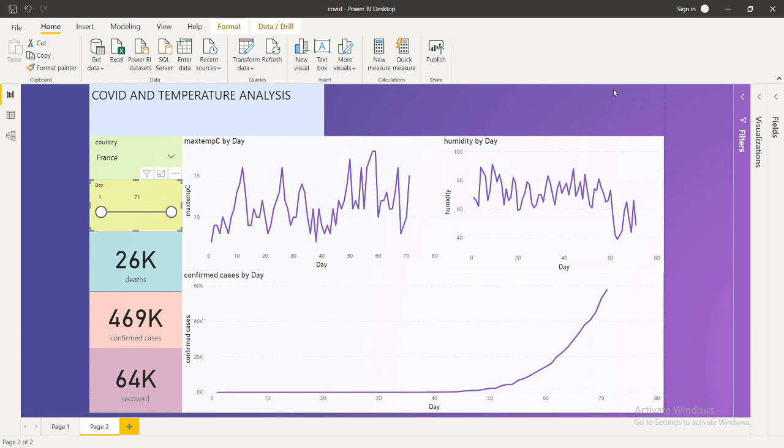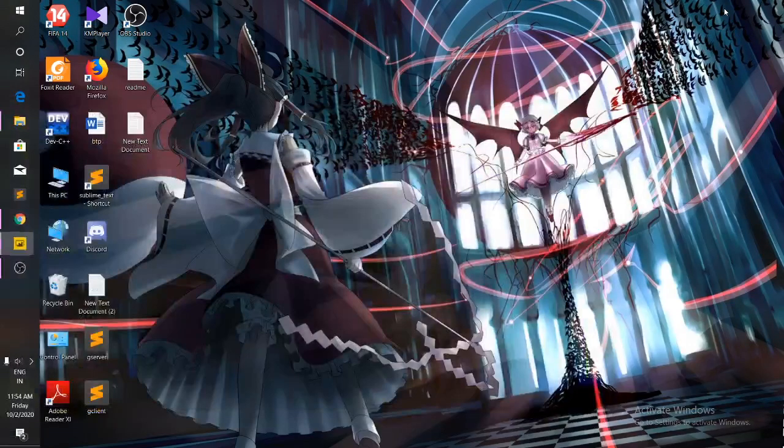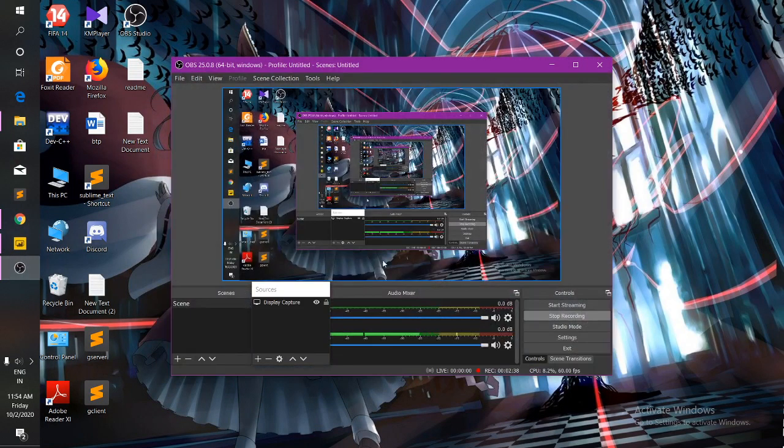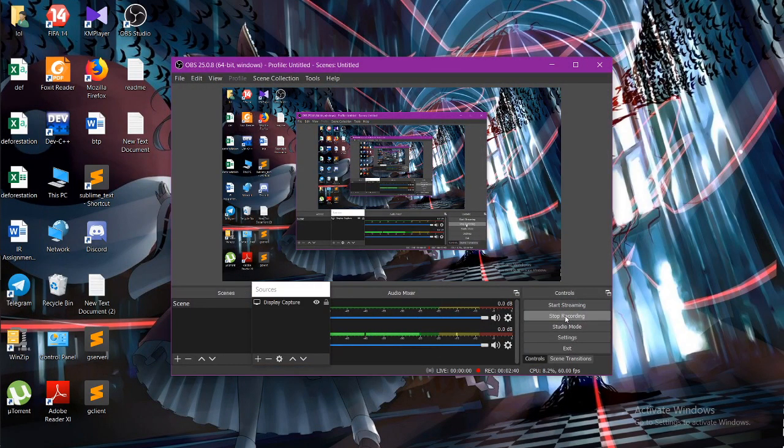So this was our COVID-19 dashboard, and Ashish had the least contribution in it, and Salman helped me with the data set, and Sitij helped me in the visualization part.